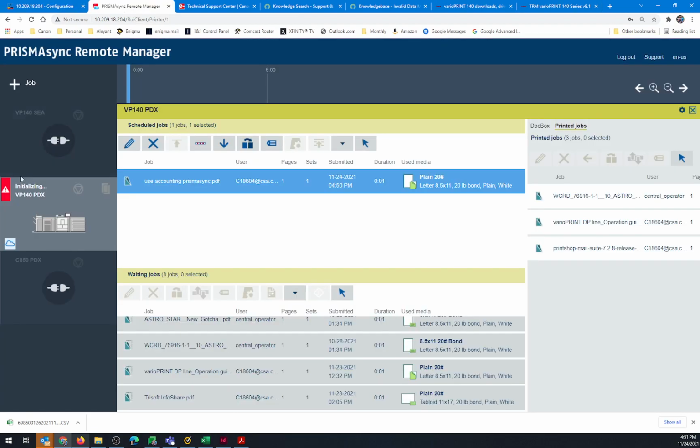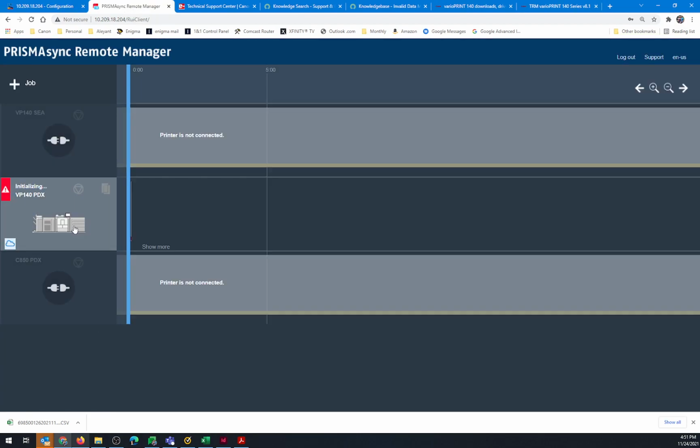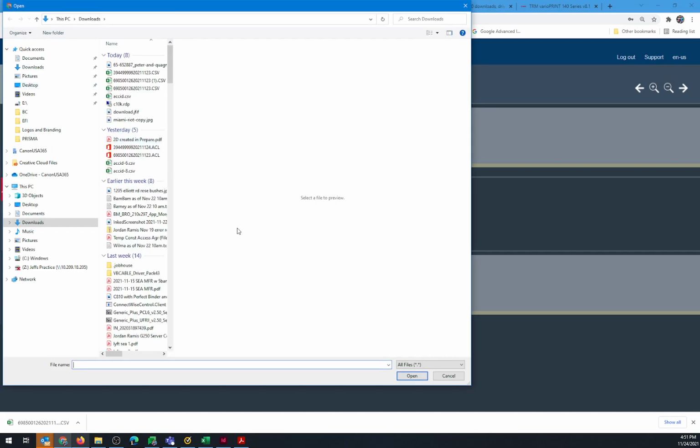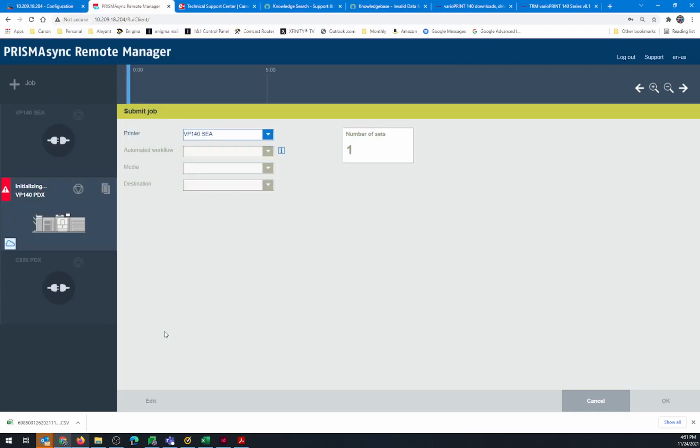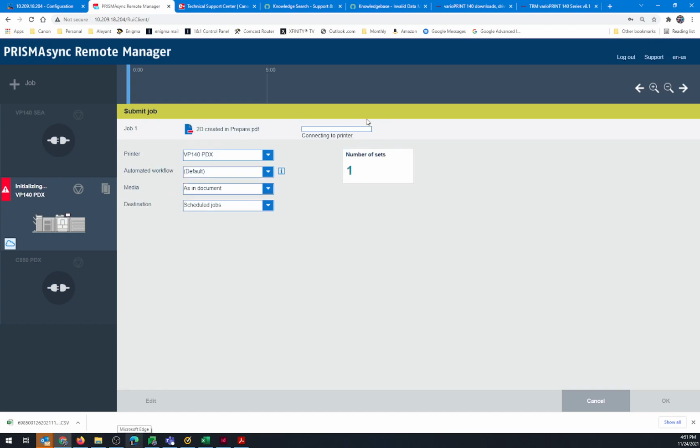The same holds true if we want to pull a job and submit it directly via Remote Manager. If we pull a job in here, give that a chance to work for a second. After I switch it to my machine, it's connecting, uploading the file. Down here at the bottom in the edit, which will light up here in a second,